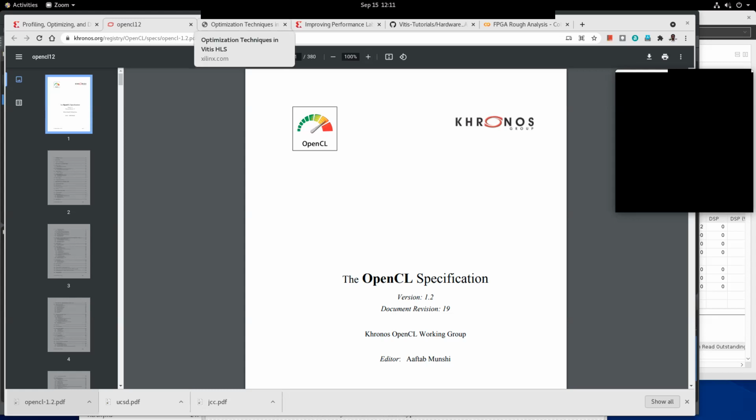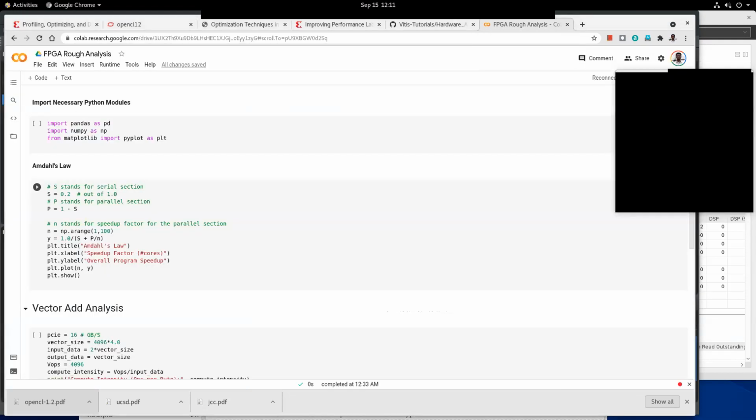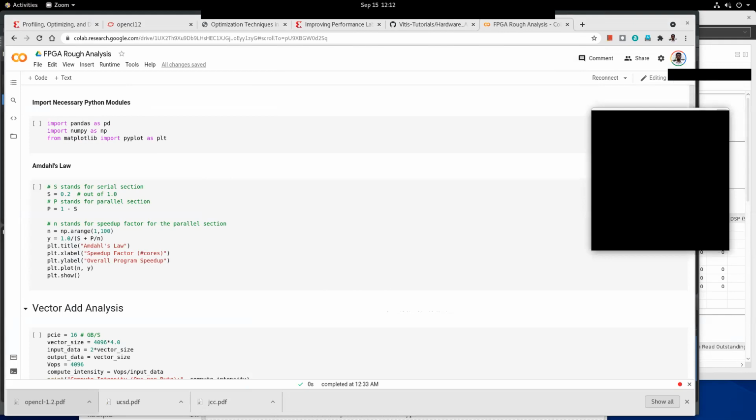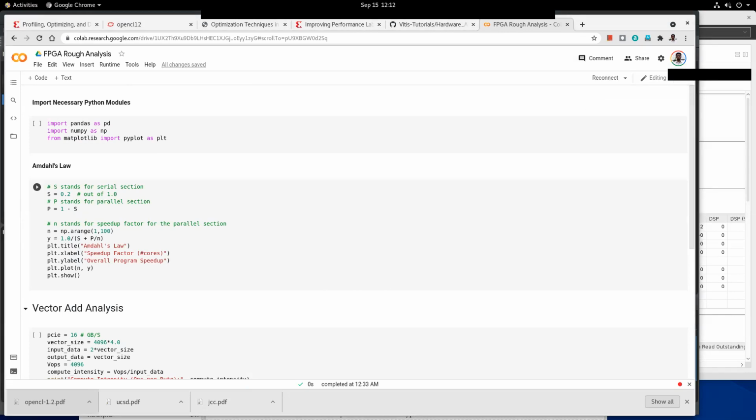So now let's look at what is called Amdahl's law, and then we will see how we can use Amdahl's law to analyze the application that we are trying to study.